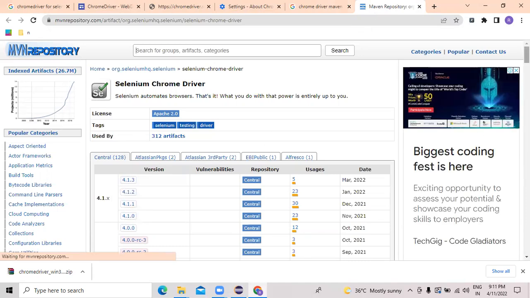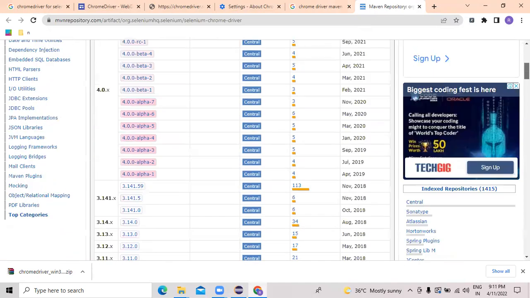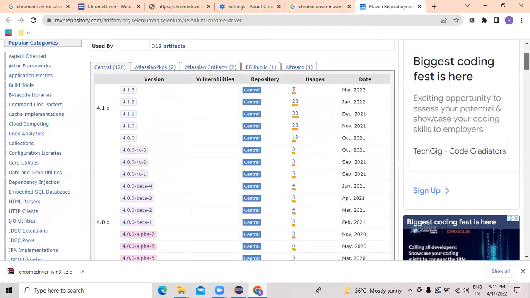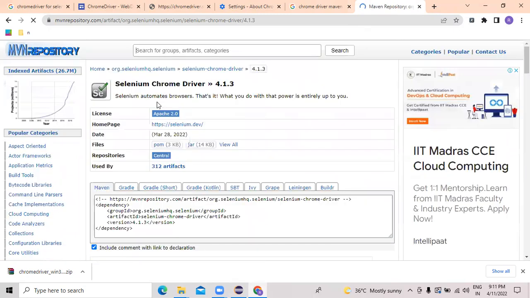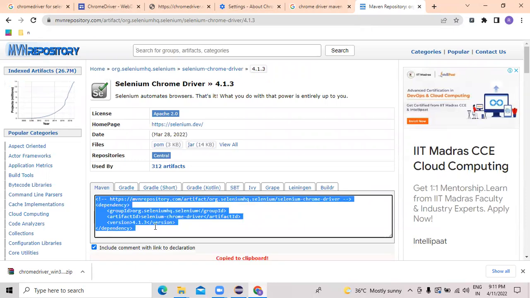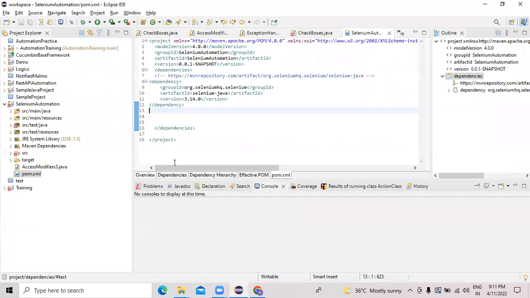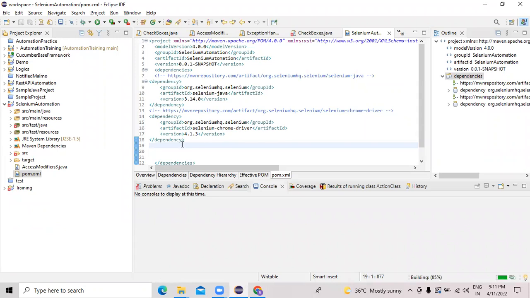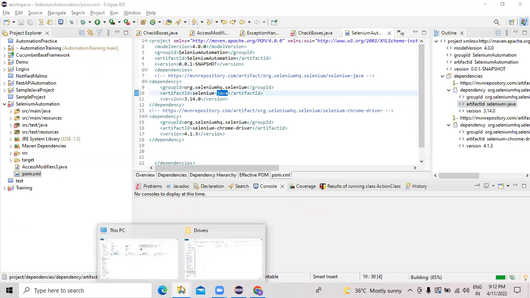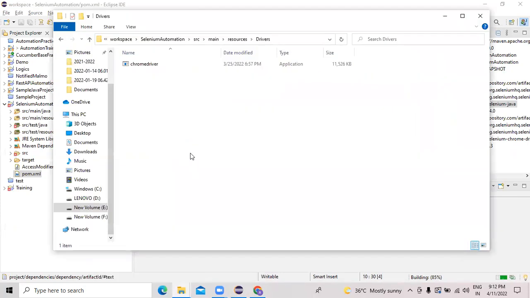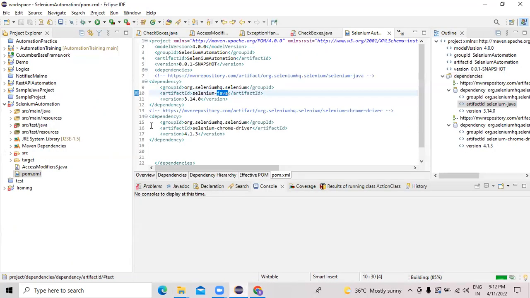So let's take the latest one. You have to copy this one and paste the dependency here. So now you have the Selenium Chrome driver dependency and the Selenium Java dependency, and you have the Chrome driver file. Okay. So now what we need to do,